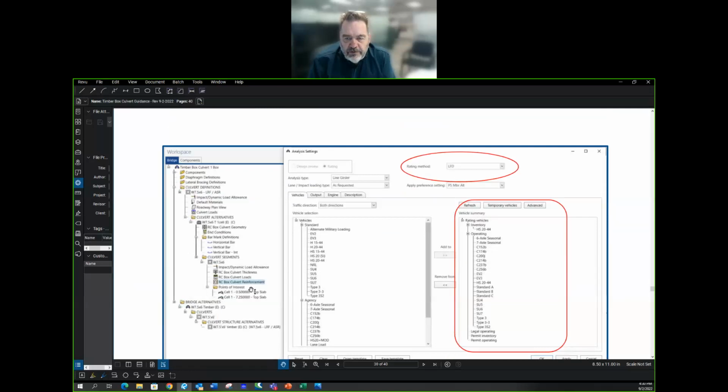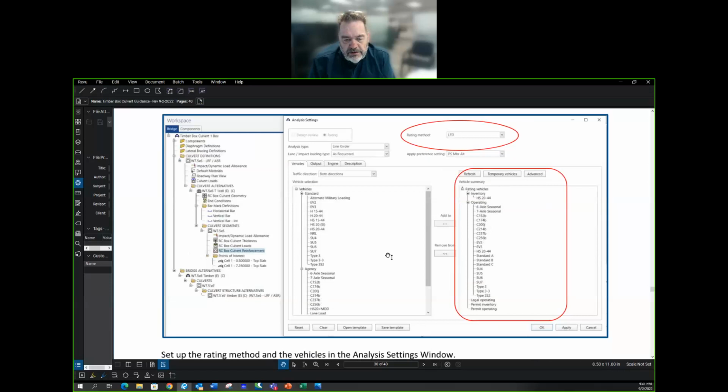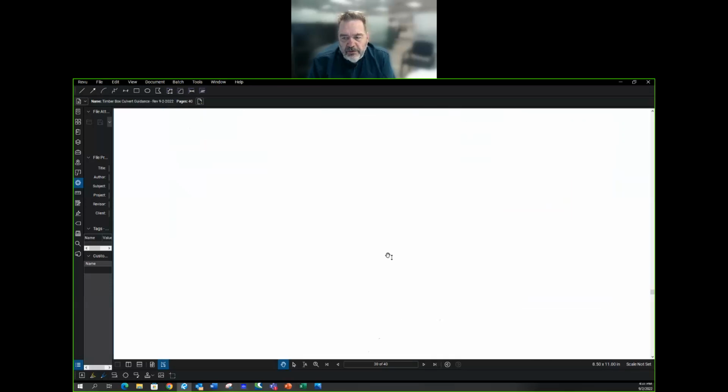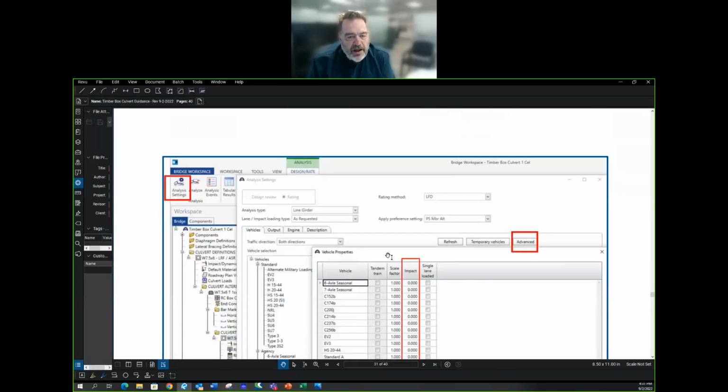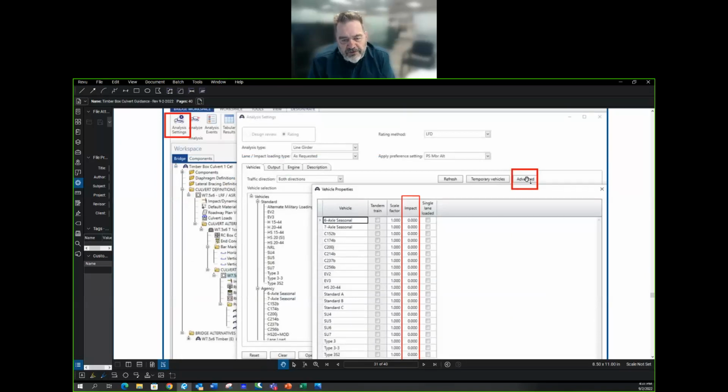We go into our analysis settings. We confirm we're looking at an LFD load rating method. We insert the rating vehicles we want to look at and have evaluated on the structure. And then we need to go into the advanced tab. So after the vehicles are in, otherwise this whole sheet becomes blank if we don't have the vehicles in yet. But once we bring the vehicles in and get them on the right side of the prior screen, we can